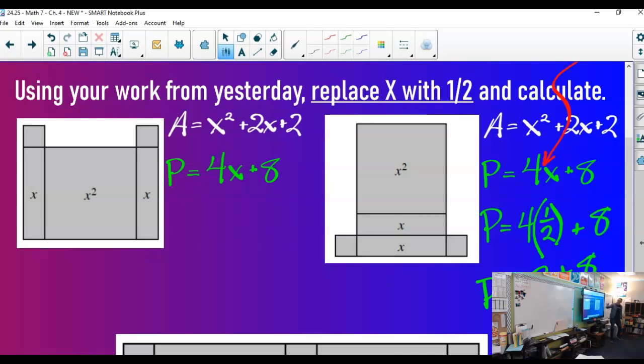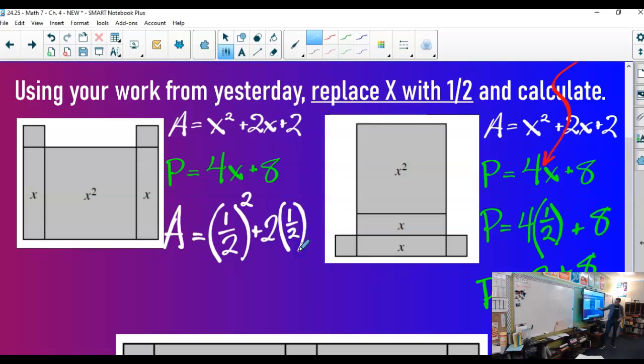So let's do area now. And here, I'll take a volunteer for this. Josh's hand went up quick. Josh, help me out. Okay, so what I did was, I swapped out x for the stuff. So 1/2 squared. Okay. And then I put plus 2 times 1/2. Okay. Then put plus